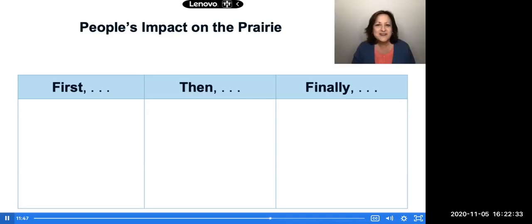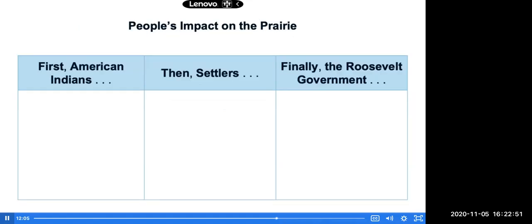Now that we have our cards, we're ready to think about how these linking words, first, then, and finally, can help us think about these people and how they connect to each other, and also how they connect to the American West.